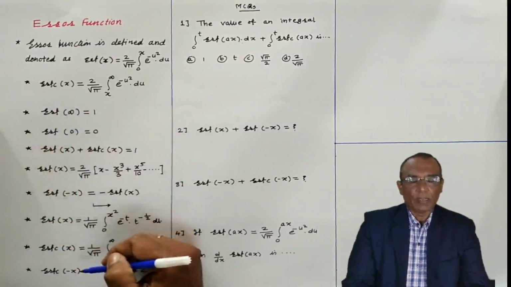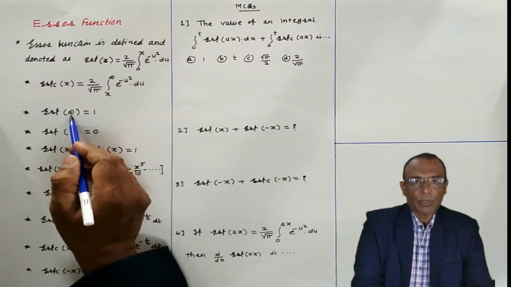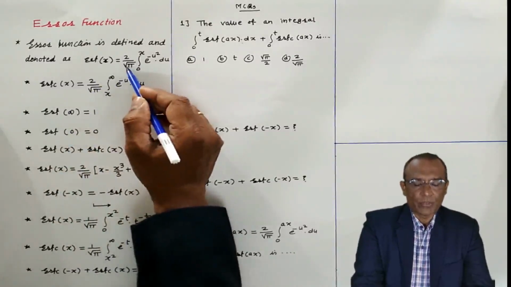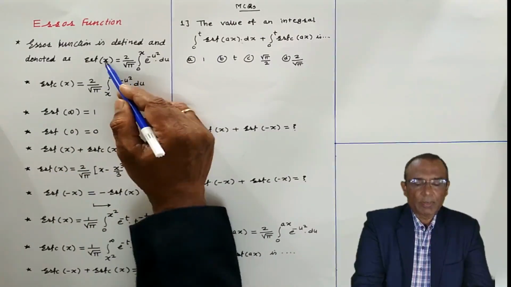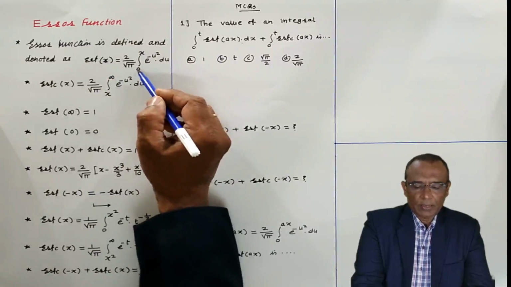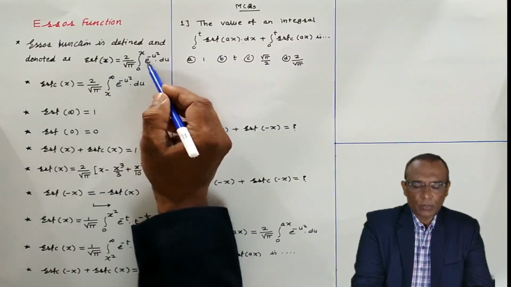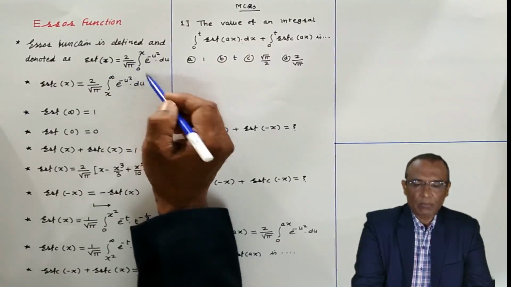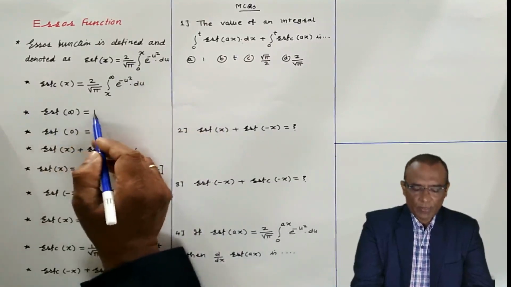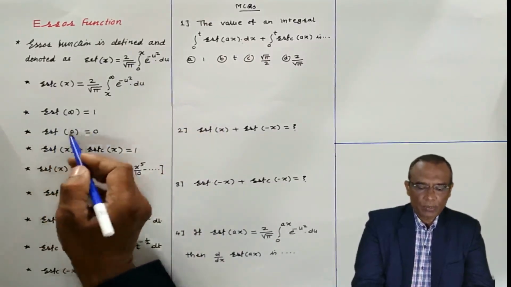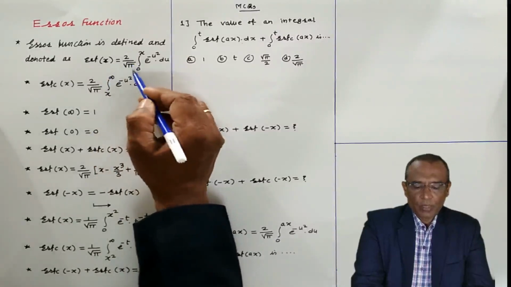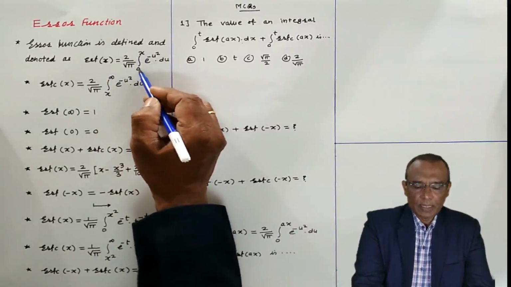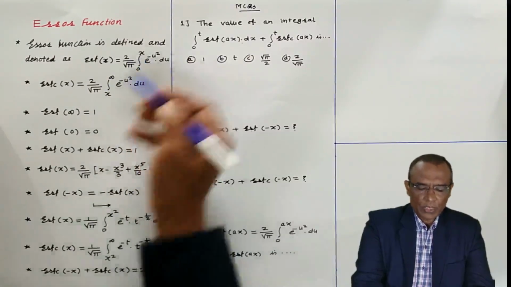Now, some results on error function. The error function of infinity is equal to 1. This can be proved from this definition also. If you substitute x equal to infinity, then it will be 0 to infinity, and integral 0 to infinity of e to the power minus u square is root pi by 2. 2 by root pi and root pi by 2 will get cancelled and 1 will remain. The error function of infinity is 1. Error function of 0 you can easily find out. Error function of 0 will be what? 2 by root pi integral 0 to 0, and the integral of the function in the same limit 0 to 0, its value will be 0.